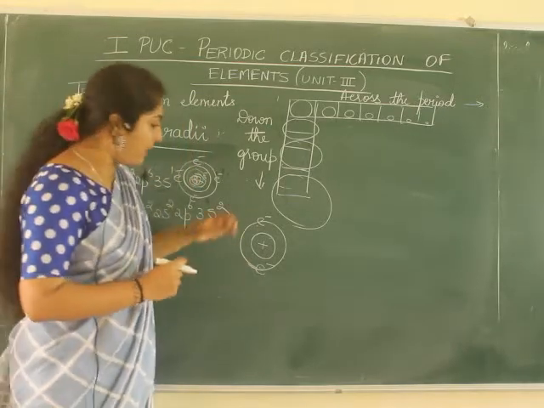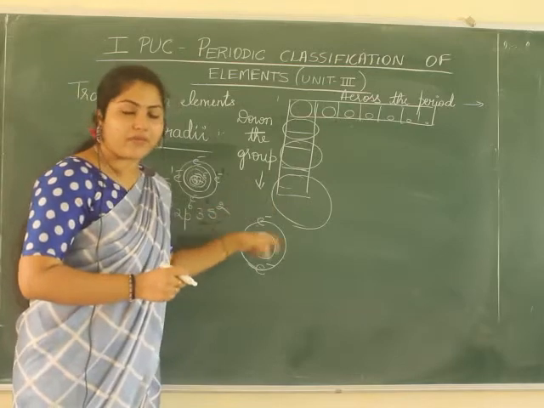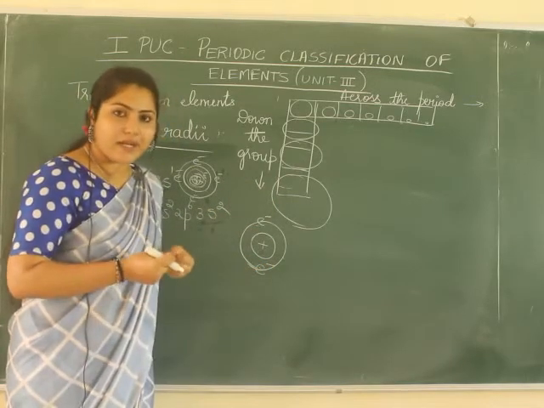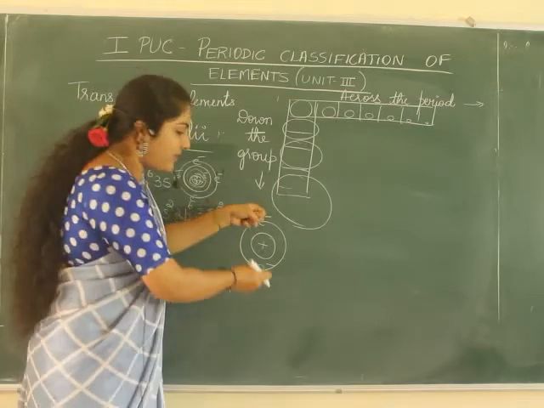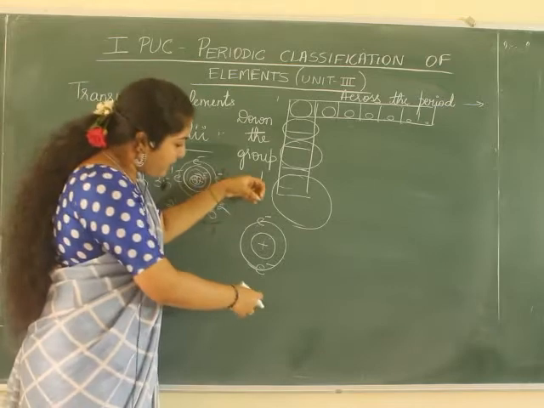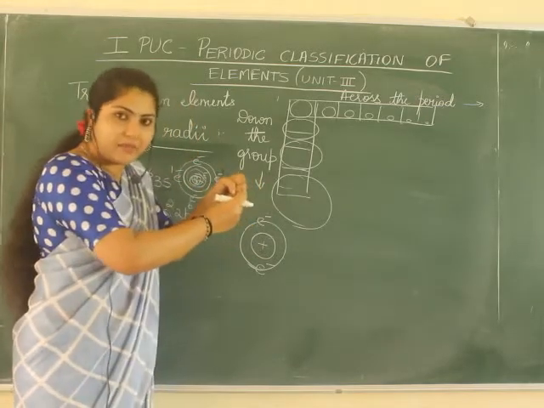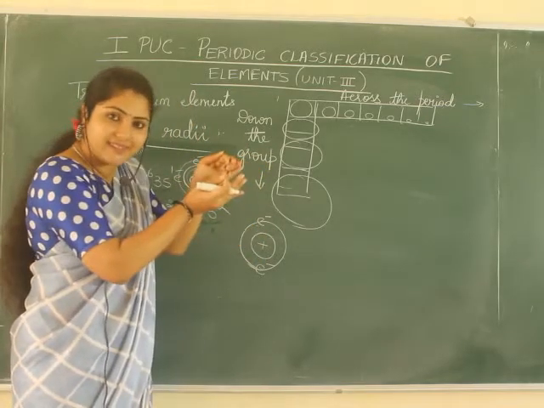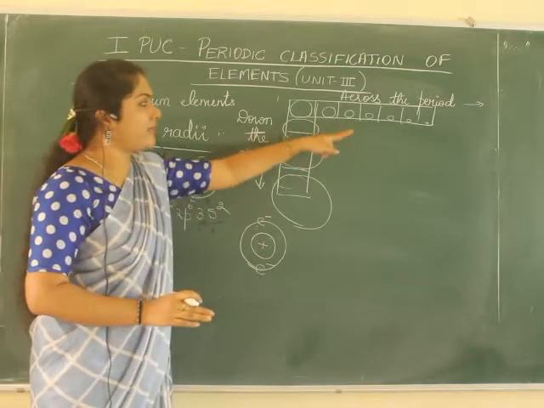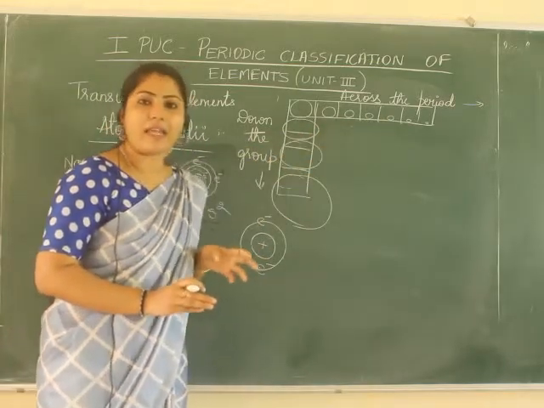Now, what has happened? One electron was already attracted by the nucleus. The other electron also is getting attracted by the nucleus. Now, from both sides, the nucleus is pulling. When it pulls from both sides, just imagine the size shrinks. That is why the size seems to decrease across the period.